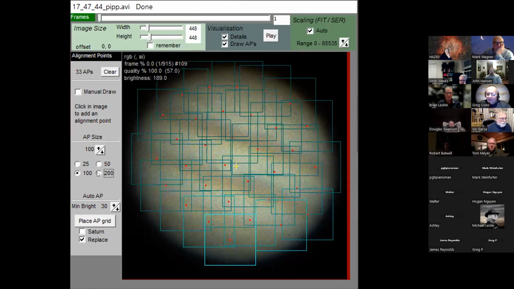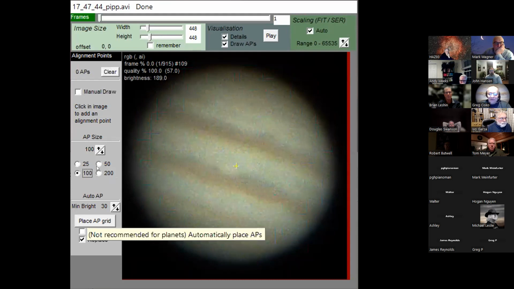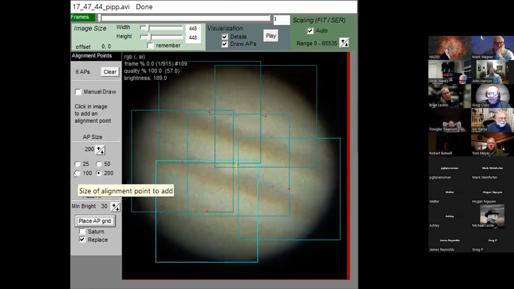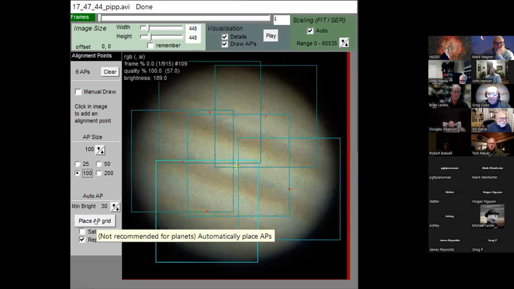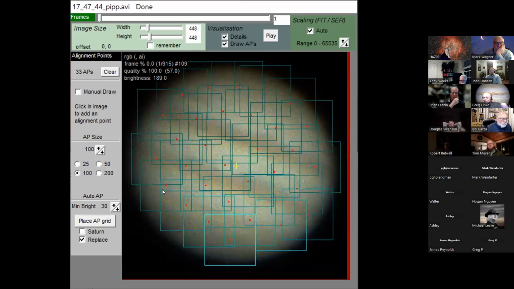Yeah, could be 100 pixels, 200 pixels. Okay, so the 200 pixels is not happening. Oh, that was clear, sorry. 200 pixels, place on grid. Okay. So by the way, as I mentioned at the meeting, when you're doing your preparation to take an